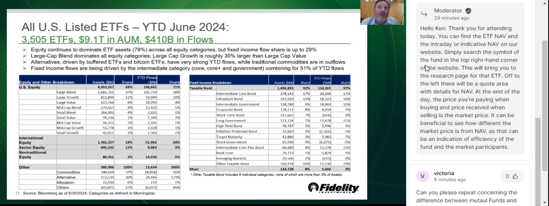On the right side, taxable bond. Again, intermediate core, that's the largest category. It's probably the biggest part of fixed income that's in any investor's account. So it's not surprising it's the largest. Ultra short bonds. So people who've said, you know what, I don't understand this. The banks aren't paying me any more on deposits. In many cases,